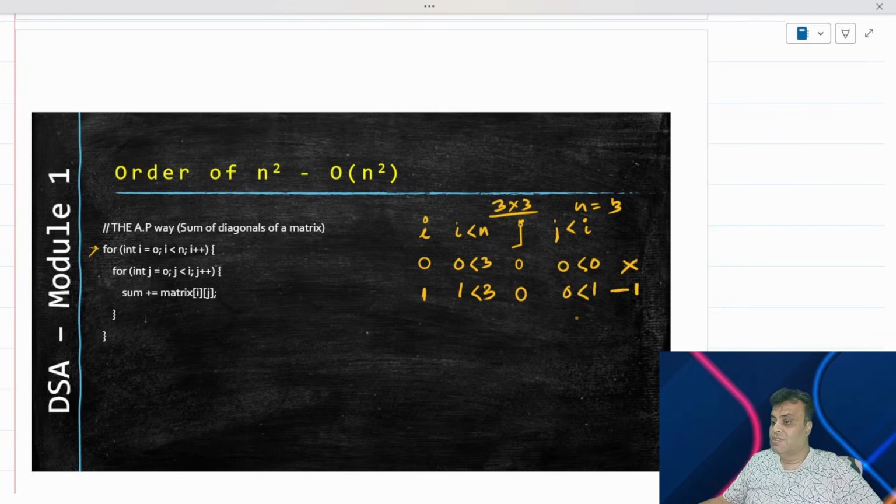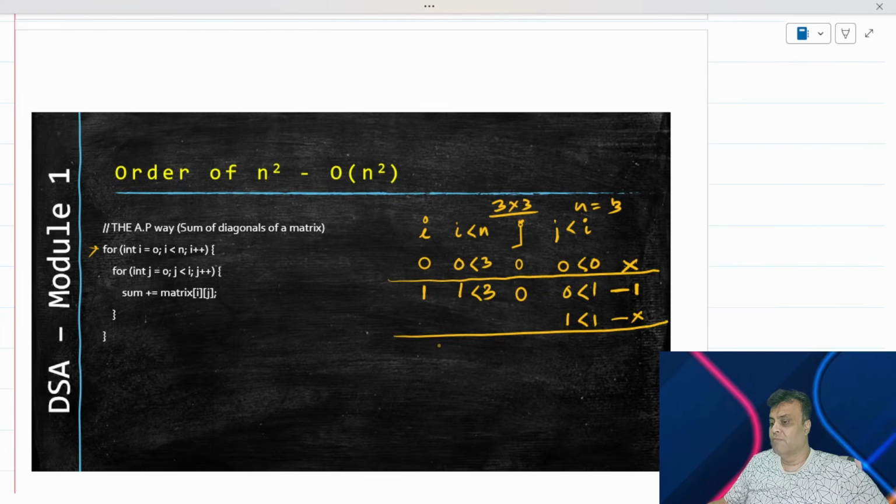Now, next time what will happen is, for the same set I equal to 1, when j is incrementing, j will become 1, less than 1. Right? So for the same inner loop, I'll not write 1 here because it might confuse, because this 1 is already static now. It is running the outer loop at 1. Inner loop is changing from 0 to 1 to 2 to 3, etc. 1 less than 1 becomes false, it exits. So what did we achieve? We achieved one more iteration.